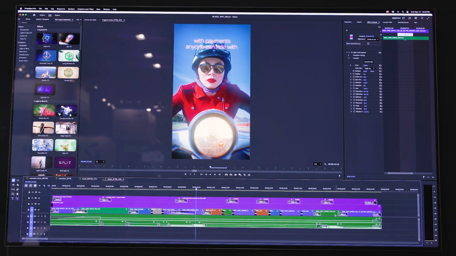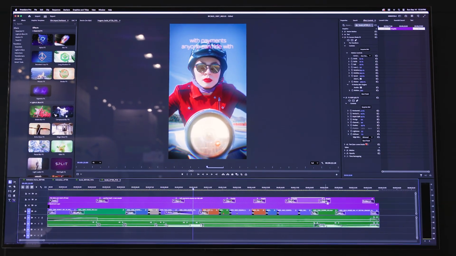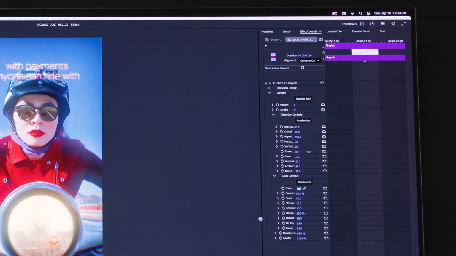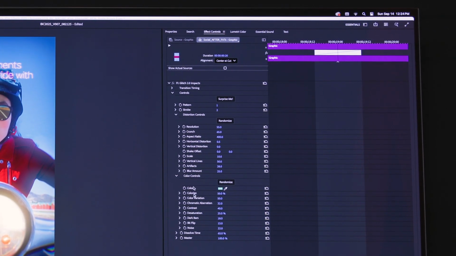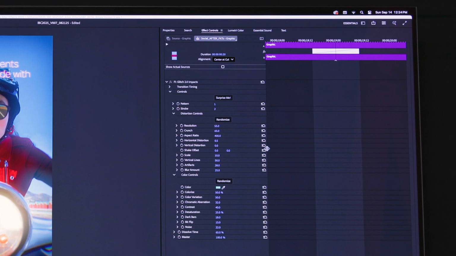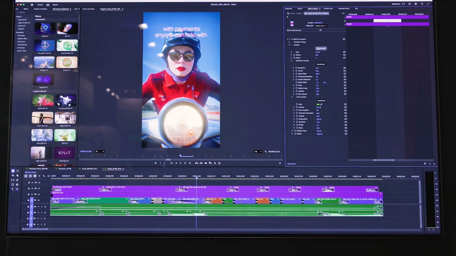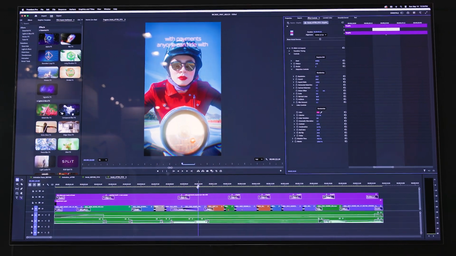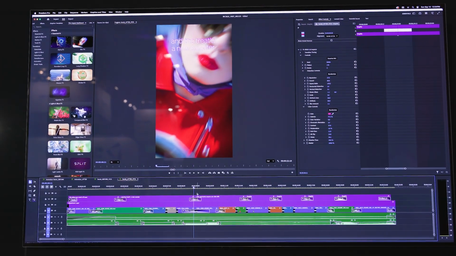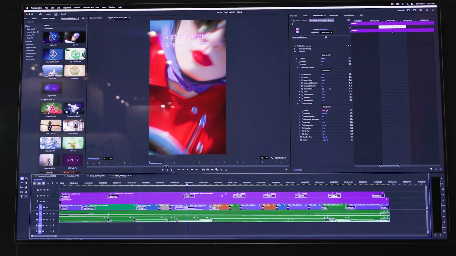The other great thing about this is I can click on these effects and I can have all this control. There are so many different parameters you can change with this, and there's the surprise me button as well, which generates different versions of that same effect. So if you need to ideate, you can generate limitless customizations.